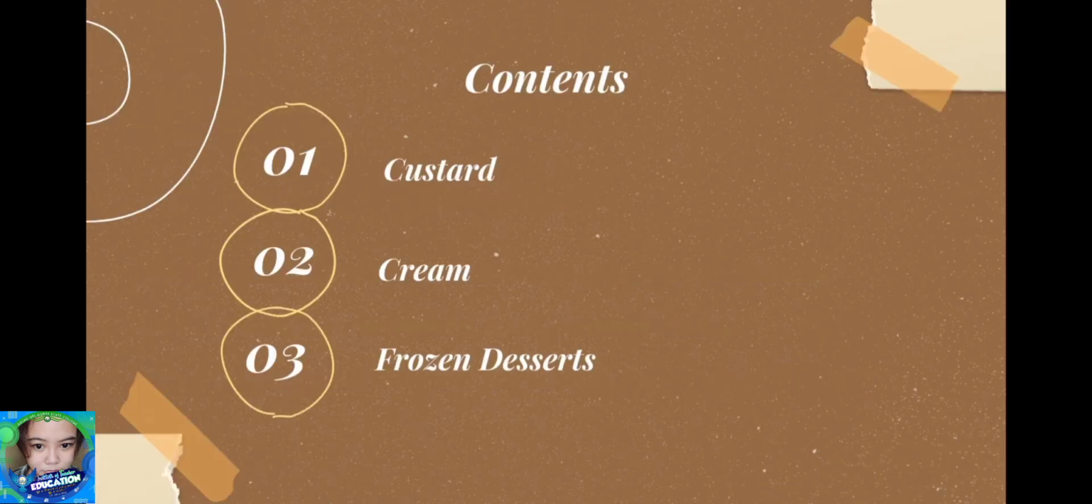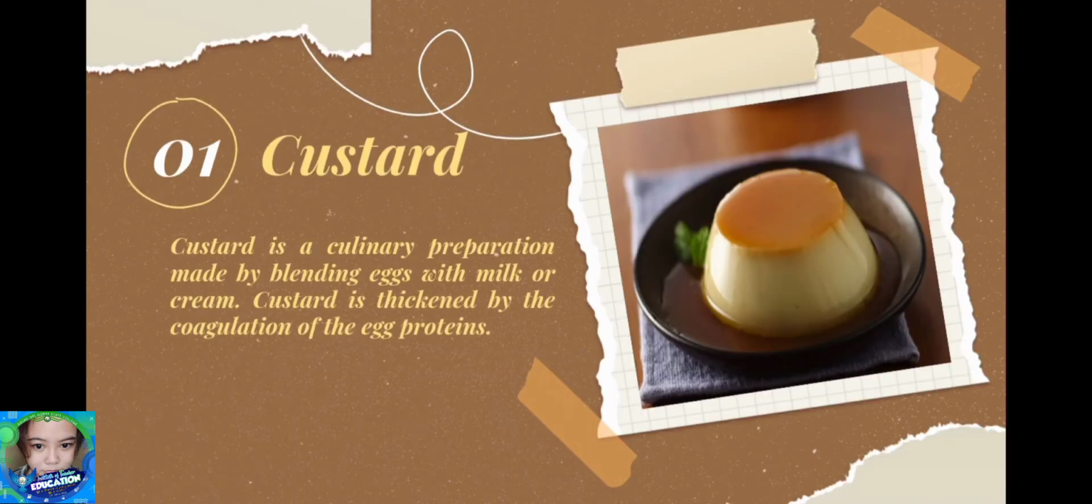And here are the content of this topic. First is custard, second is cream, lastly is the frozen desserts. First is custard. Custard is a culinary preparation made by blending eggs with milk or cream. So custard is thickened by the coagulation of egg proteins. In addition, custard contains all nutrients found in milk such as calcium and protein and can be eaten hot or cold on its own